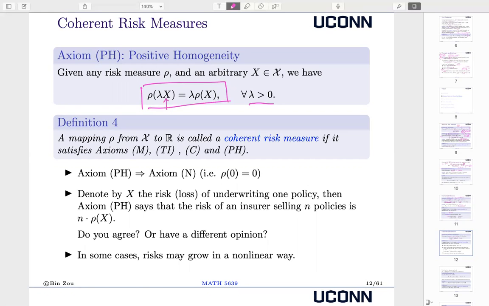But when this lambda is very, very big, you wouldn't necessarily say the risk of selling 1 million policies is 1 million times the risk of selling one policy, right? Because we do have the diversification concept or the law of large numbers, right? When a company sells 1 million policies, the risk is actually diversified because